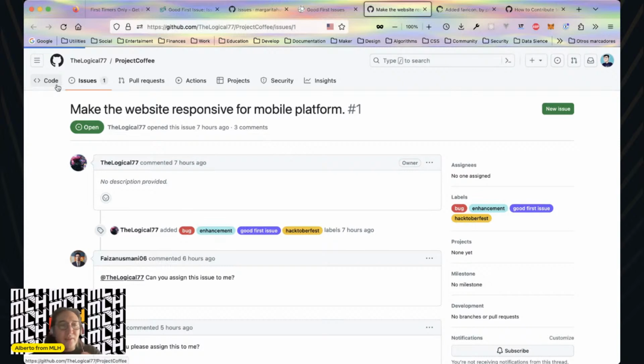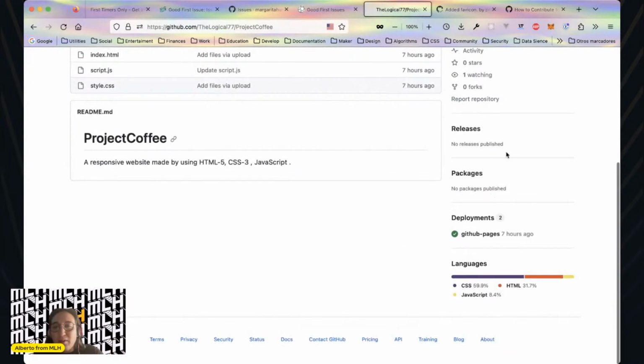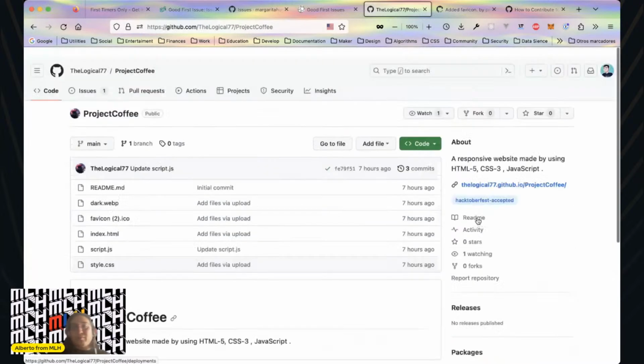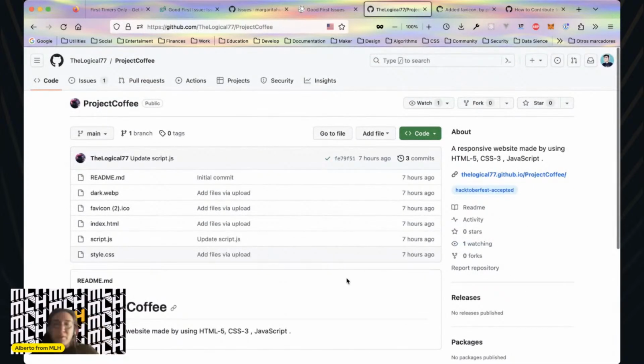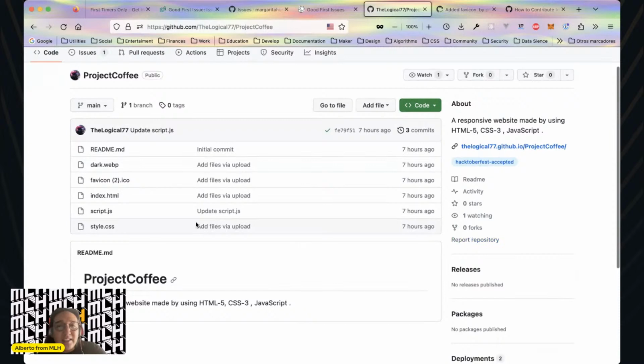For that, you can check here on GitHub the issues, the pull requests, the code, the branches, how many people are involved in the project, how many stars it has, how many people are watching it, how many forks. That is very important too.